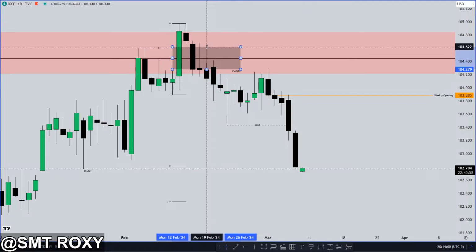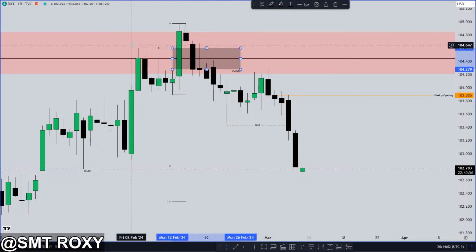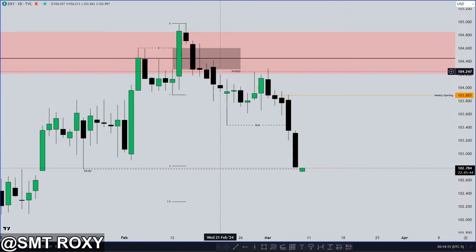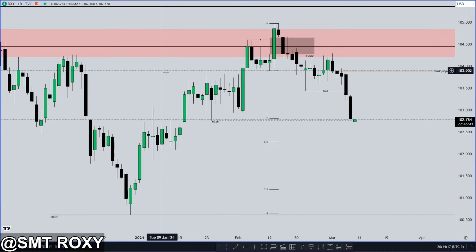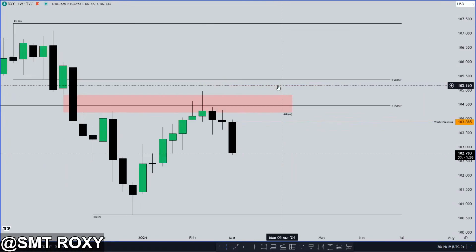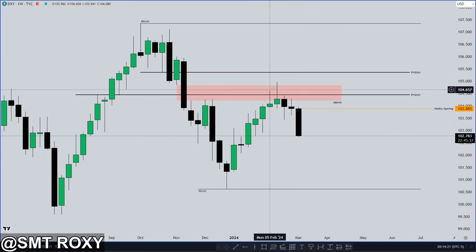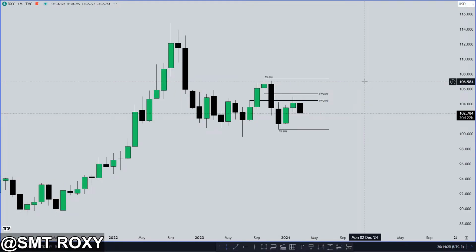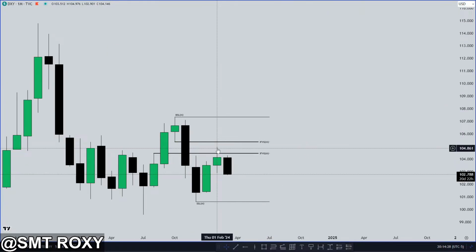This is an overlapping array right here. When the high and the fair value gap are overlapping, this should not even close, but close below, and should at least have a wick like this. This candle should be a wick, and then eventually we go back up if you want to be bullish, because we're inside of that sell side imbalance on the weekly time frame. So if we're going to continue to be bullish, we would have to make this sell side imbalance on the weekly inverse. But to me, that was a low probability because we hit the inversion on the monthly.